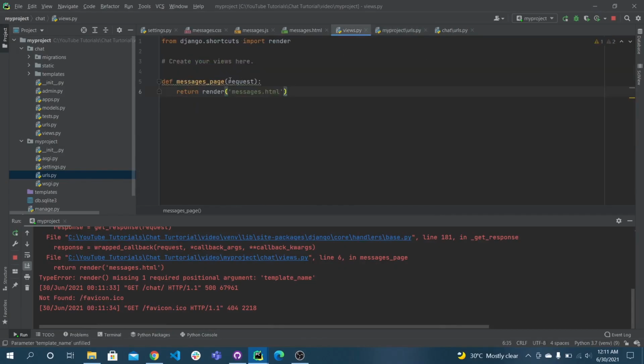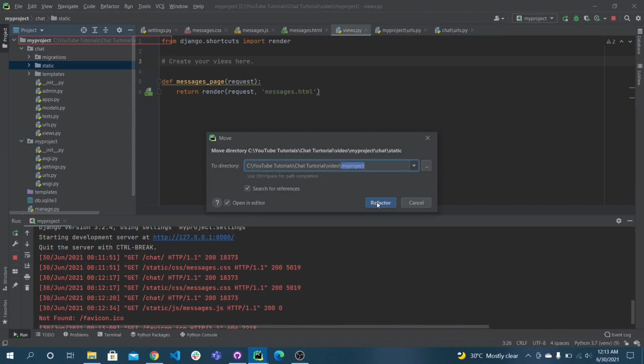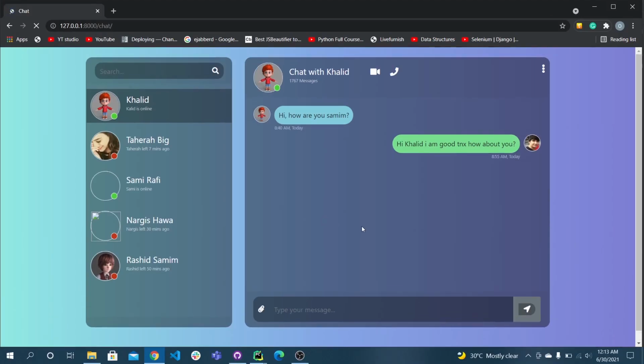Okay, I have missed the request argument here. So yeah, I've given it. Okay, the page is not loading because we have put the static folder in a different place. That's why. Now I think we are fine. This is the sample page. Now nothing is being clicked and nothing is dynamic, but we will make everything work in some time.